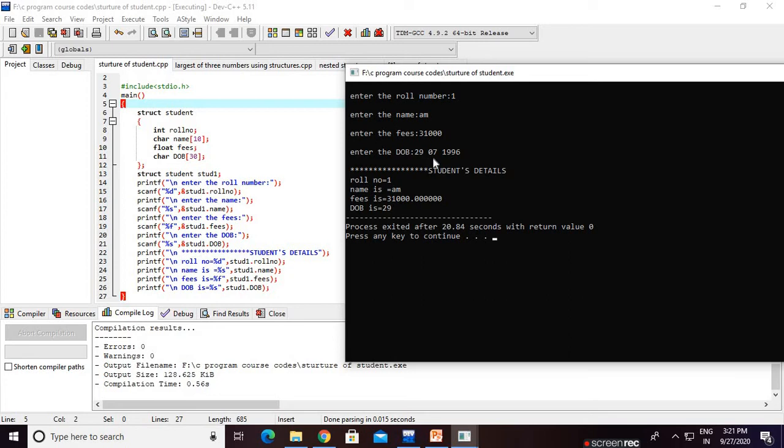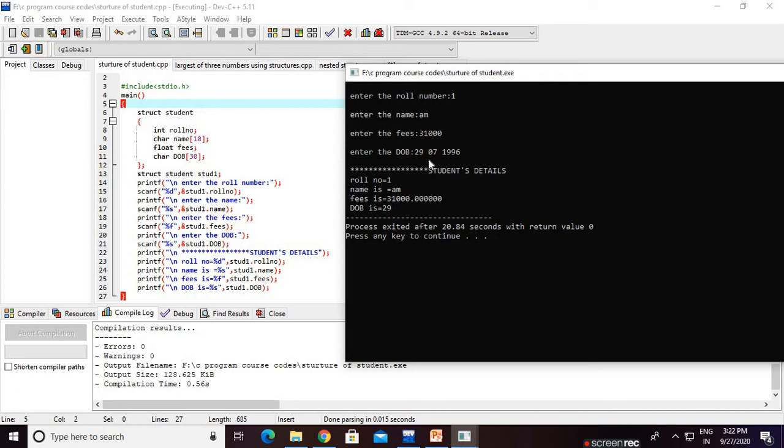The problem is with scanf. When we take input as a string, scanf stops if there is a space. I told you this in a previous video when I discussed strings.